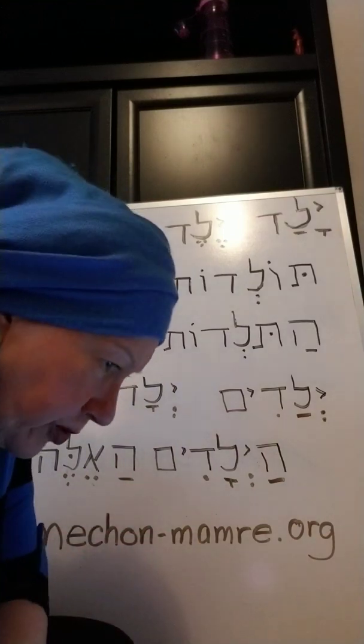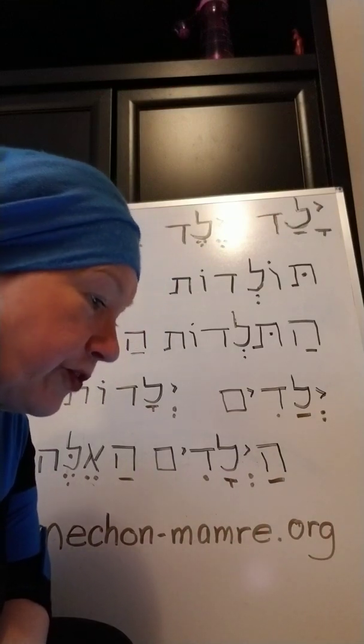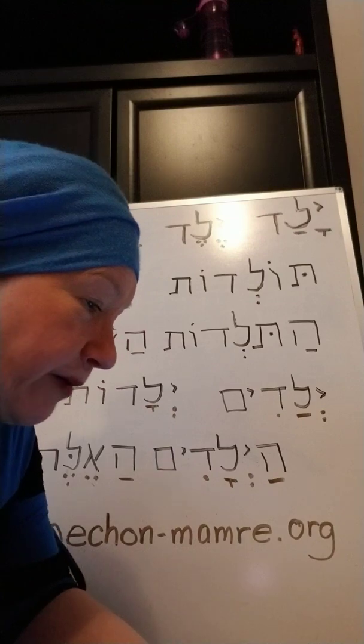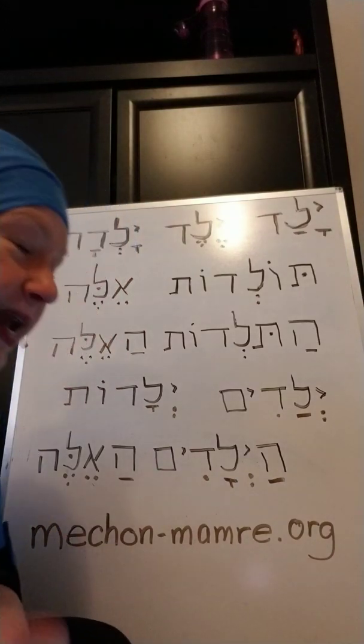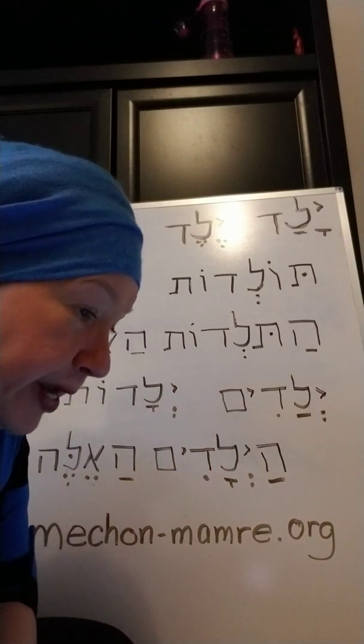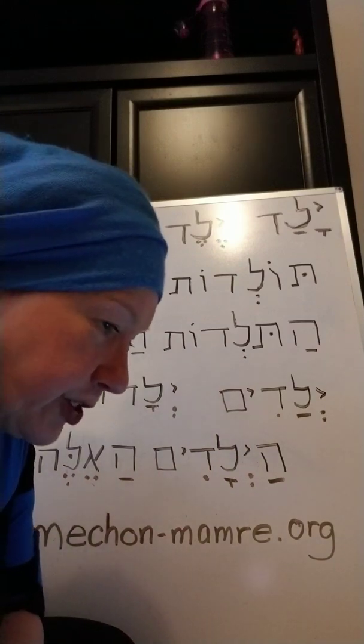Anyway, back to the verse. Now, these are the generations of Peretz. And the reason you have the English there is just so you can see how the name changes a little bit when you get it into English. So it's Perez is how we're looking at it in English.